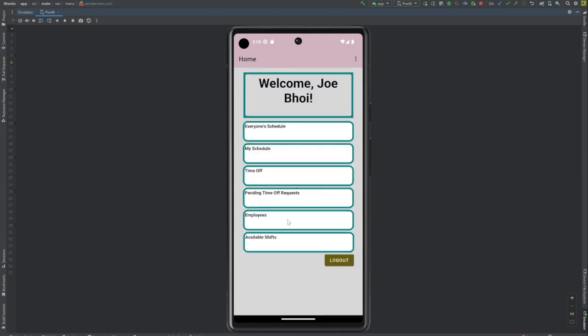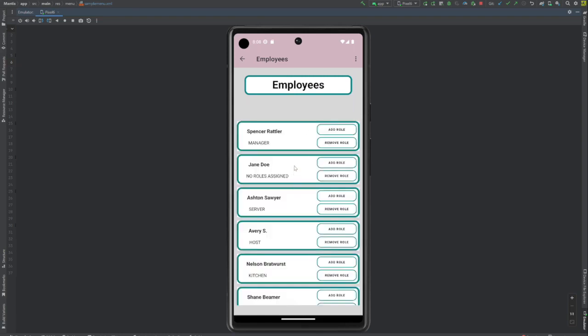And then lastly, we'll go to the employees page, and this shows a list of all the employees that work at the establishment. It'll show their roles, and if there's no roles assigned to them, it'll show this text here, no roles assigned. These buttons on the right are not available for base level employees to mess with the roles